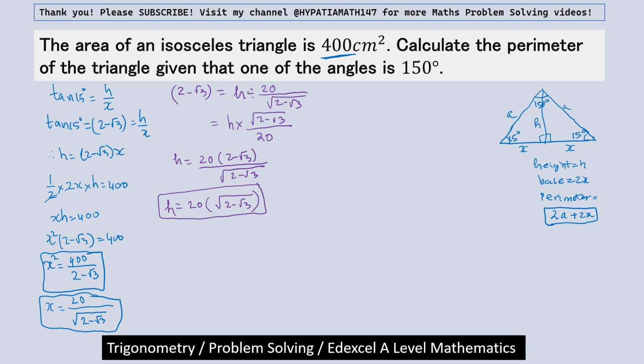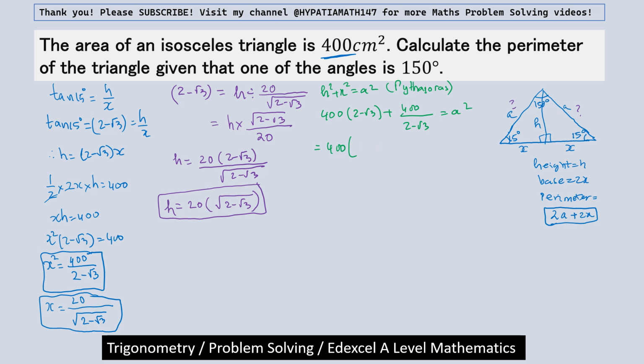So we know the height, we know the base. Now we have to find what a is. So this side, what is this? So that would be h squared plus x squared is a squared by Pythagoras' theorem. So h squared is 400 times 2 minus root 3, and then plus 400 divided by 2 minus root 3, x squared, that equals a squared, and that equals, if you take 400 outside, it would be 2 minus root 3 squared,